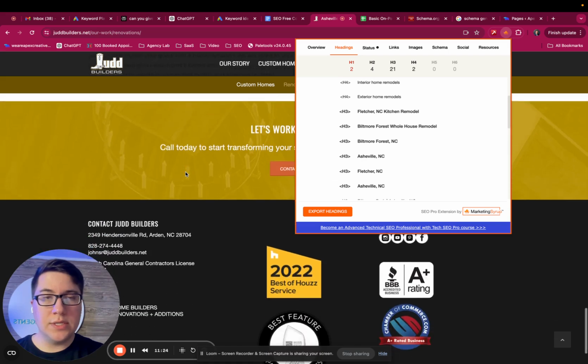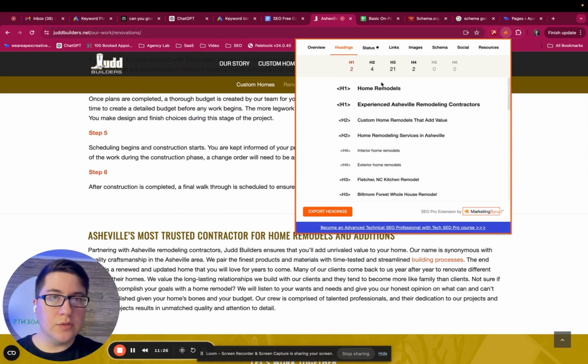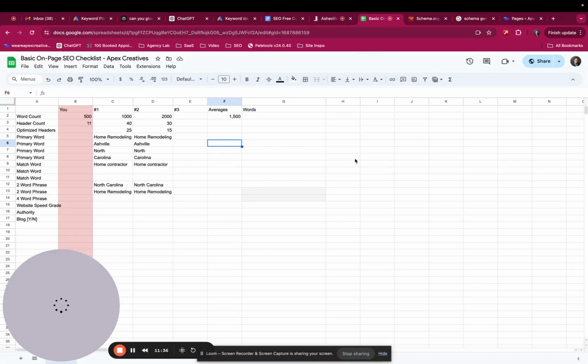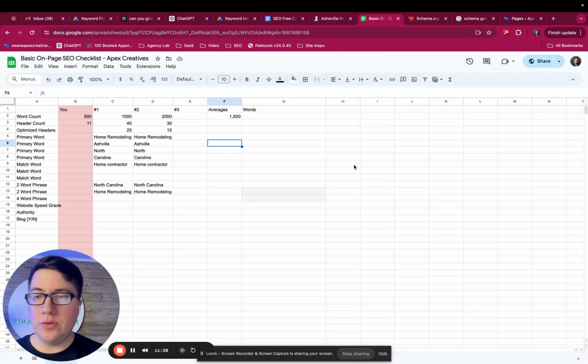So what we would want to do is look at the other top three ranking sites, number 2 and number 3, and we've developed a very simple Excel sheet. There's nothing crazy here. You can do the same thing for yourself. If you want to just use ours, we're going to email this as well in your lesson plan. But what you want to do is apply the analysis to your site first.